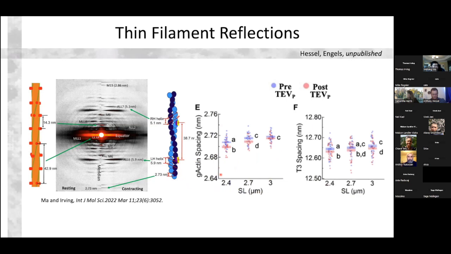Troponin spacing was also decreased, and that's consistent with the changes going on in the actin filament itself. These results I personally was pretty shocked by. We had been hypothesizing that at least under resting conditions in cardiac muscle, now admittedly this is psoas muscle, there would be very few interactions with the thin filament, or they would be weak enough that you wouldn't really notice. But this suggests that there are strong interactions with the thin filament at rest by C protein.